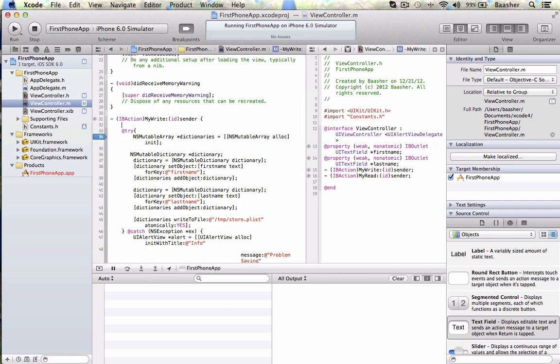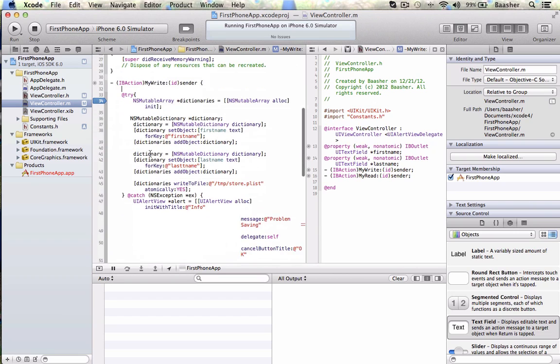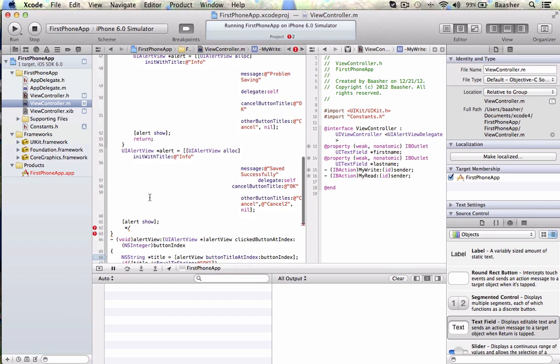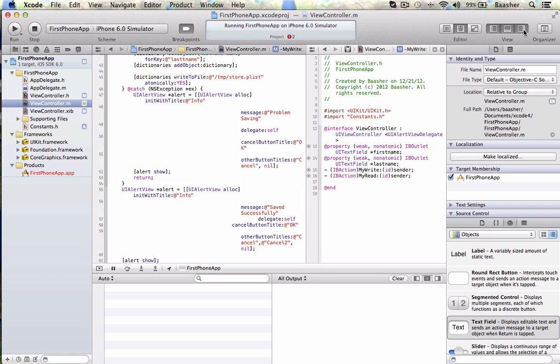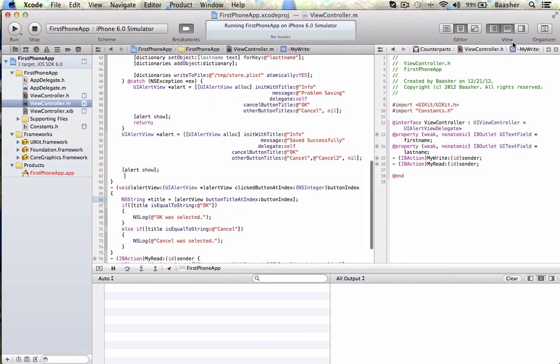Now I can unremark this code, hide the utilities inspector,